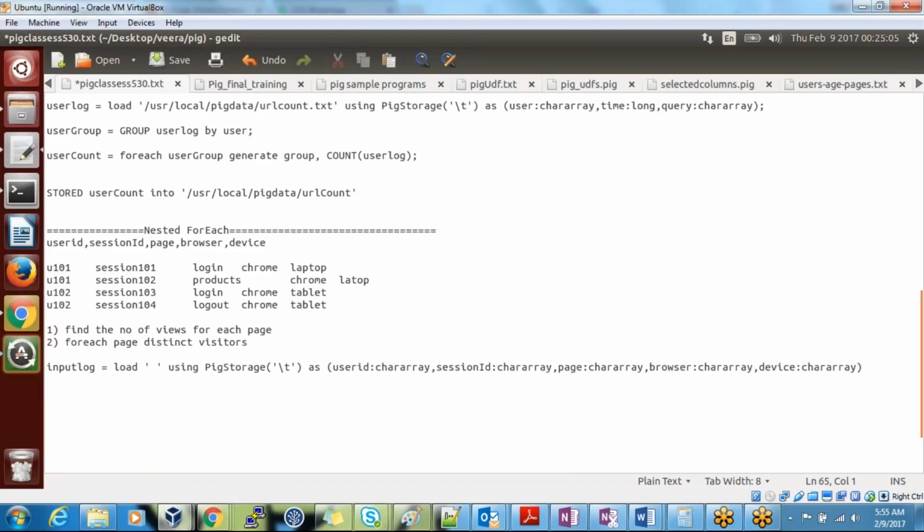Yes or no? Page wise group. So what is the command? Guys are not trying the examples. Tell me, what is the command? By page.